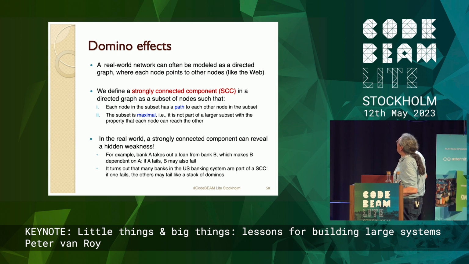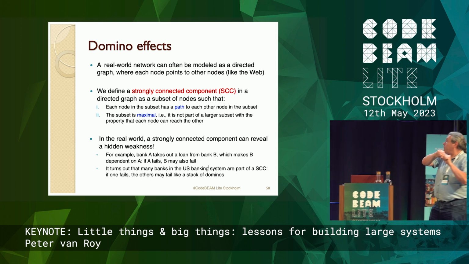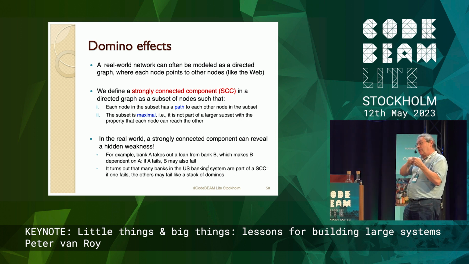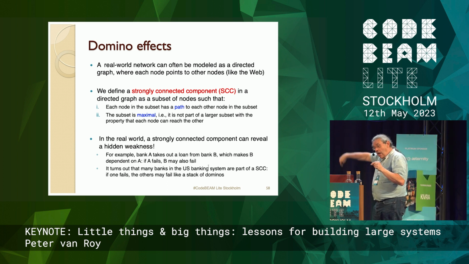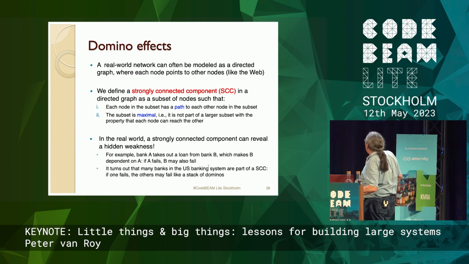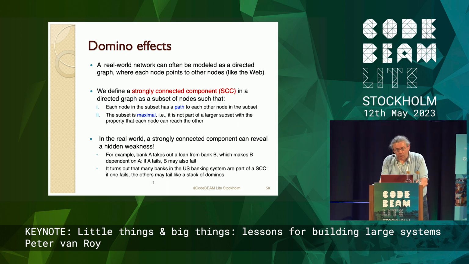And the example that happened very recently is bank loans. So there's an arrow from one bank to another if the bank depends on the bank. So if I, as a bank, lend 10 billion euros to some other bank, that puts me in a position of weakness. Will the other guy pay me back, okay? And that happens in cycles. You would think, why do banks do that? But they're always doing that. And this is a well-known thing.